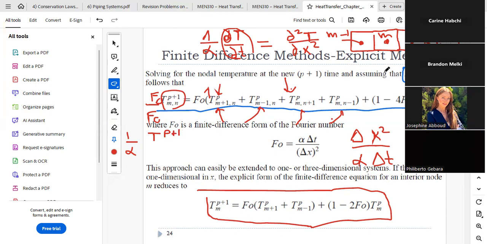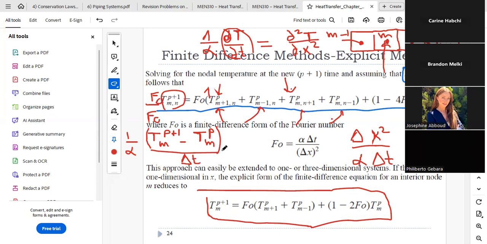So this is my cell of interest here. I am solving for temperature in this cell. So in cell m, minus temperature in the same cell, but now at the previous time, so at time P, over delta T, which is the time step I am considering,